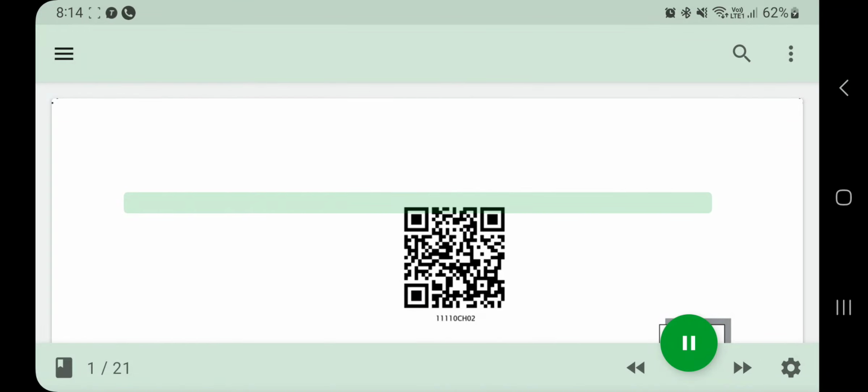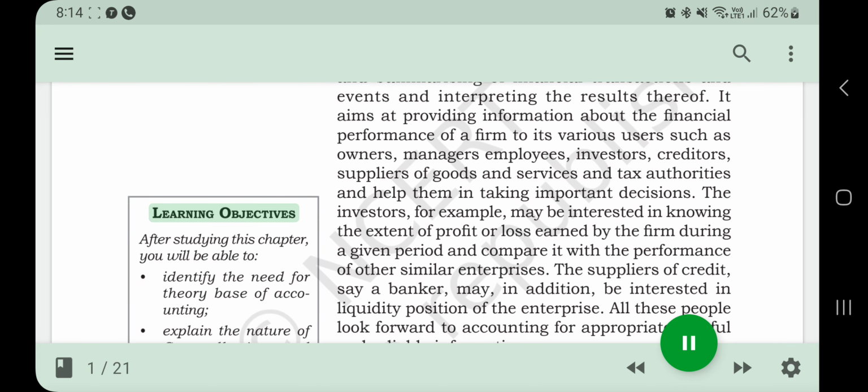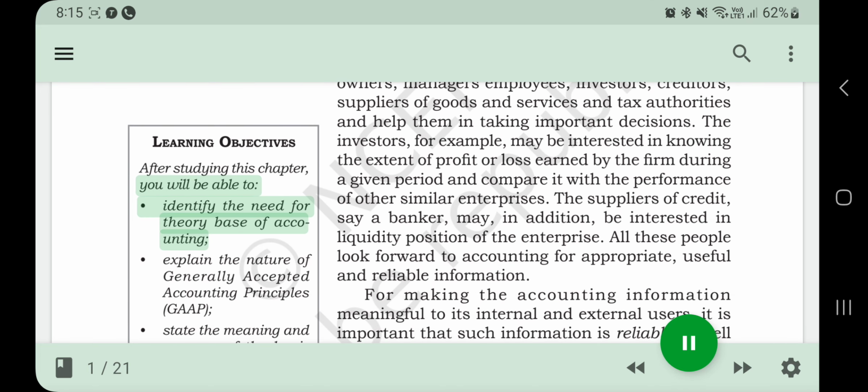Theory base of accounting 25. Learning objectives. After studying this chapter, you will be able to identify the need